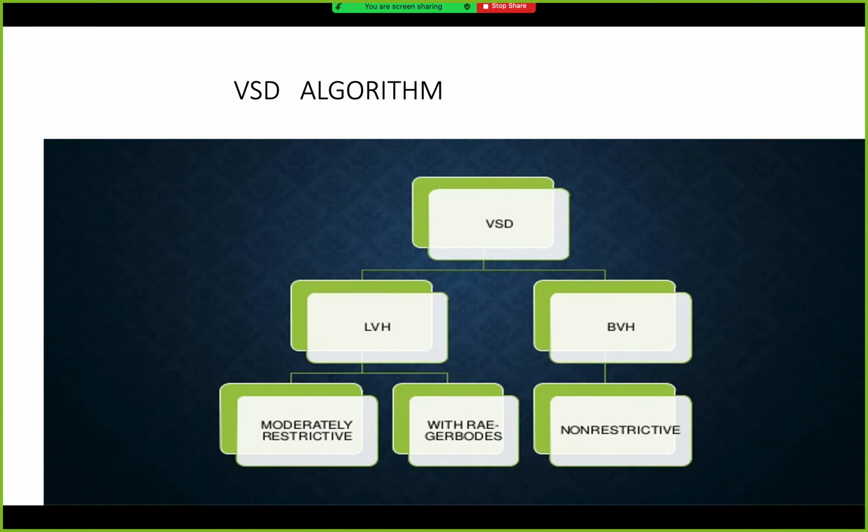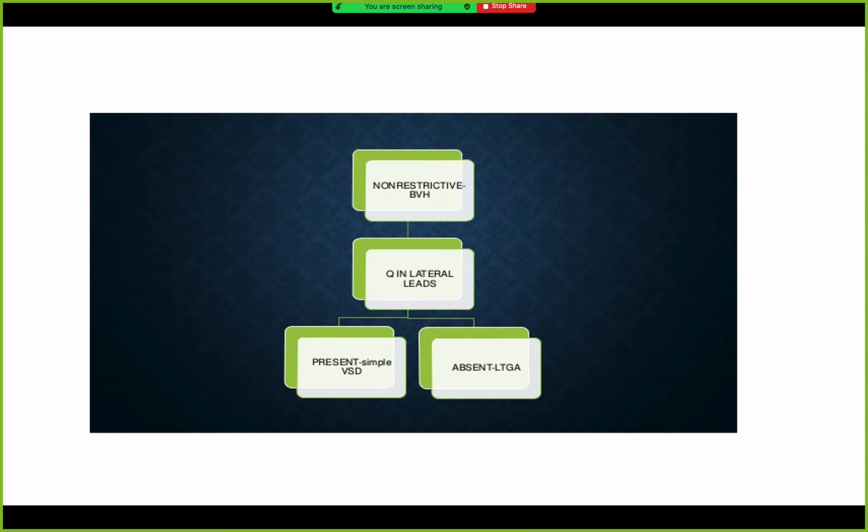Similarly, as I had said in the non-restrictive VSD, simply think of it like that. Why is it non-restrictive? If there is no restriction, the flow is happening to both sides. So that's why there will be biventricular hypertrophy. The LVH will also happen, right ventricular hypertrophy will also happen. That is why, as I already showed you, there will be tall R waves in V1, large diphasic RS complex in the mid precordial leads, and deep Q waves with tall R waves and deep T waves in V5 to V6. Okay,